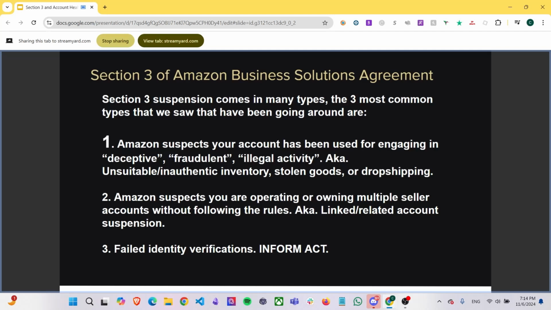Mm-hmm. And something on that as well is on Section 3s, I know that they'll see your connected things. They'll see, okay, who's this person on your account? Who's this person that logged in? All the emails that have been on your account. And say you have some Prep Center LA or something like that on the account. They'll go and look up that name on Google. And if they can't find a website or they're looking at the address and it doesn't look like a big business